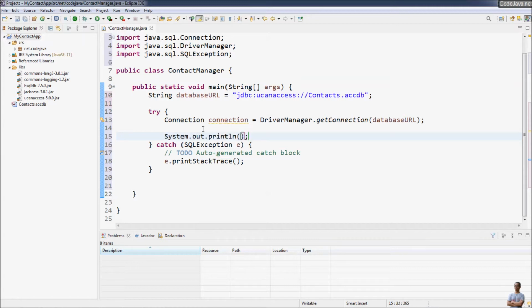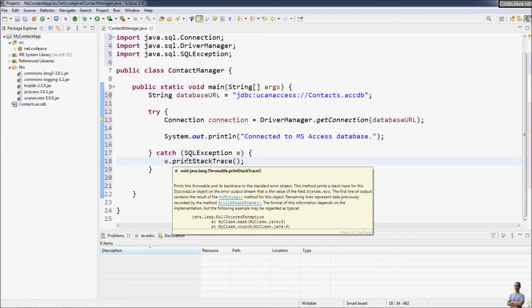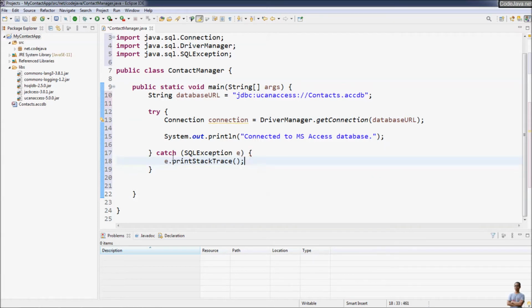And then we can print out "connected to Microsoft Access database" if no error occurs. In case of error, SQL exception is thrown, and we just print the exception stack trace here in the catch block,